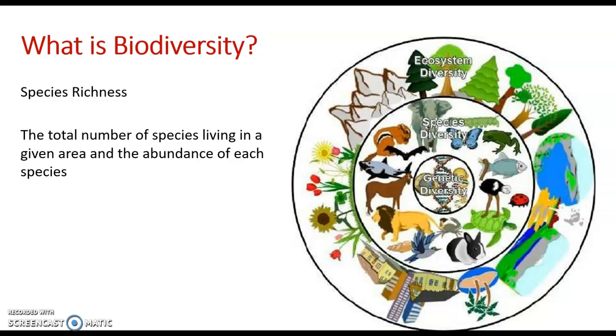When we see processes like desertification, where places are becoming more dry and seeing less precipitation and becoming more like desert habitats, that means we're losing whatever was there before and we're reducing our ecosystem diversity. And again, this is just used as a measure to assess the health of an overall ecosystem and how many organisms it's able to support.